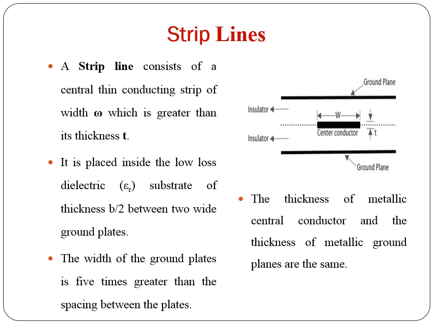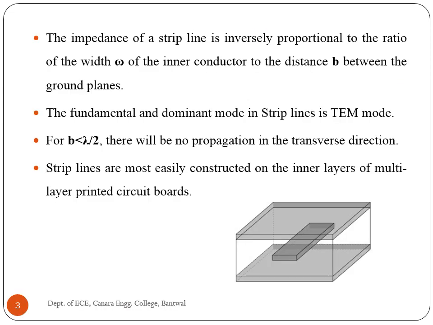The width of the strip, the thickness of the substrate, and the relative permittivity of the substrate determine the characteristic impedance of the strip. A strip line consists of a conductor of width W centered in a dielectric material of thickness B and permittivity. Two ground planes separated by a distance B are placed above and below the strip line. The dielectric material may be of different materials and thickness above and below the conductor, leading to inhomogeneous strip line.